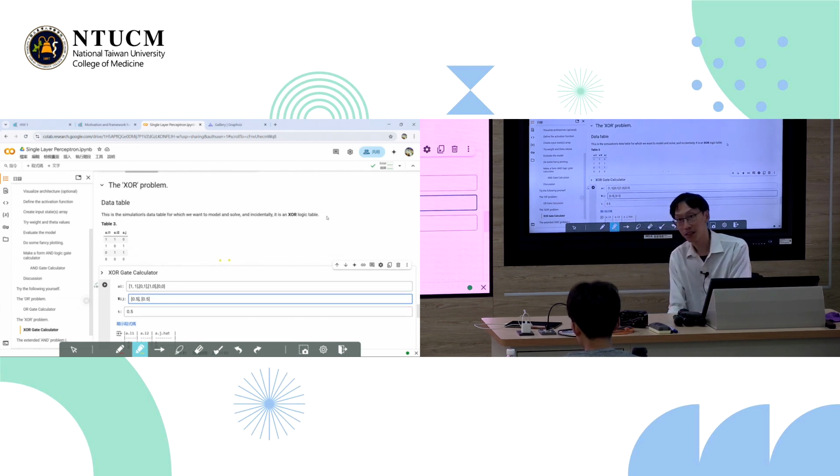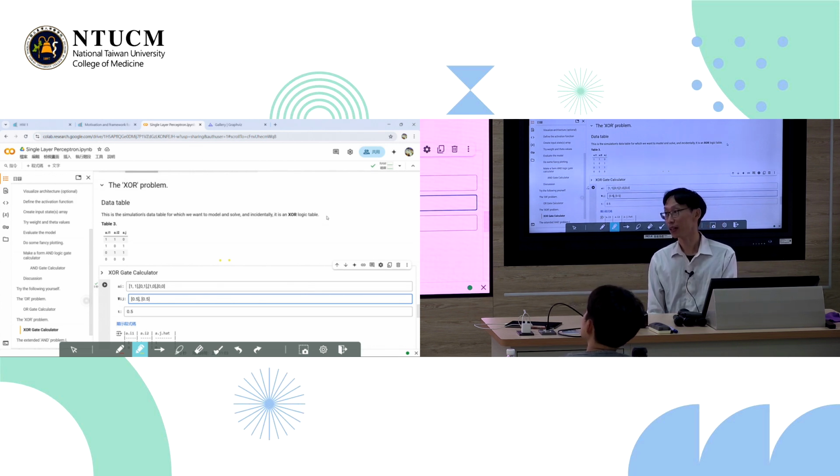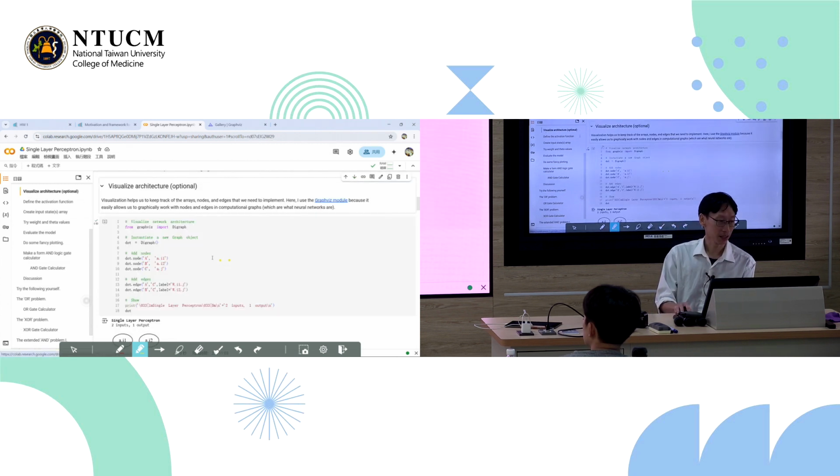Can anyone tell me why? Why do you think? If you've read the Agarwal or the other paper, you will know the single perceptron problem. So we go back to the architecture.